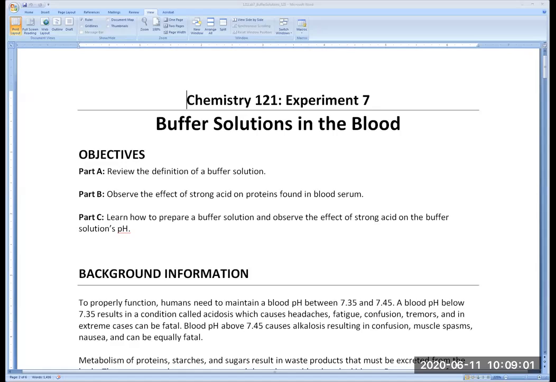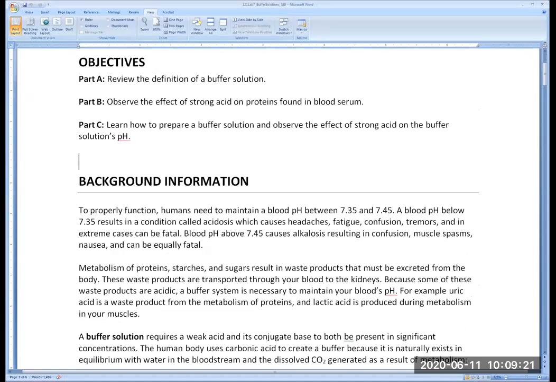It's not saying that here in the introduction, but you will also see how the buffer is affected when we add a strong base. So it's really all about buffers. And then here there is some background information that talks about the